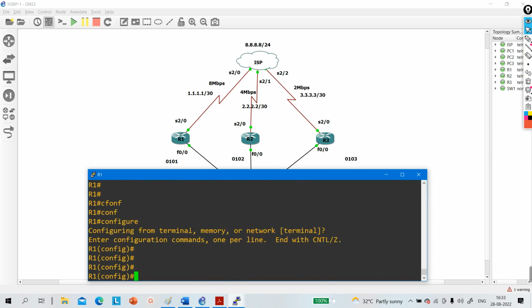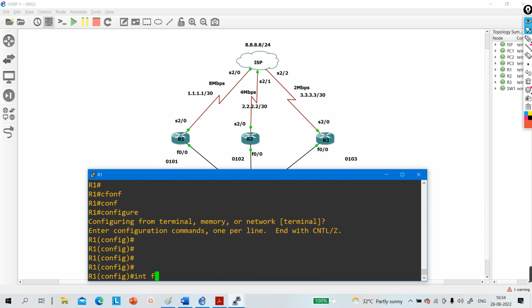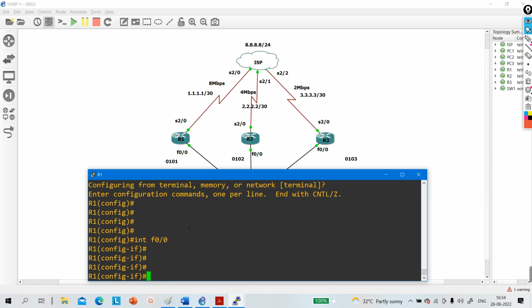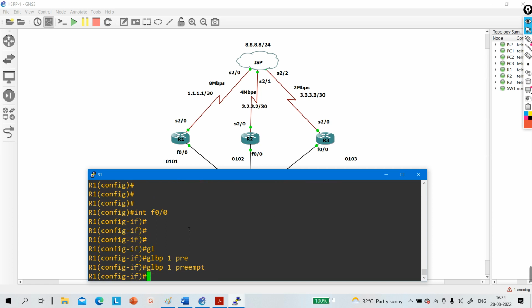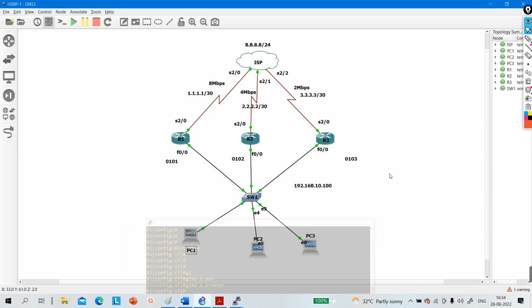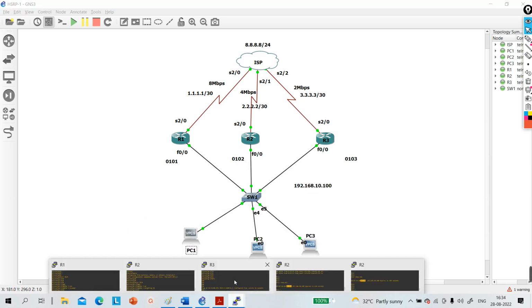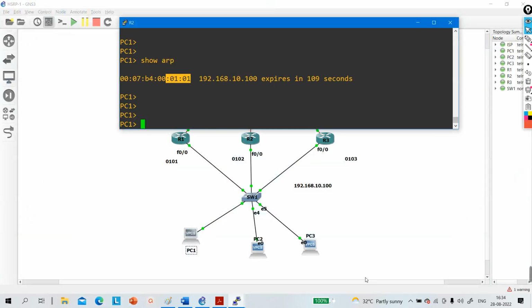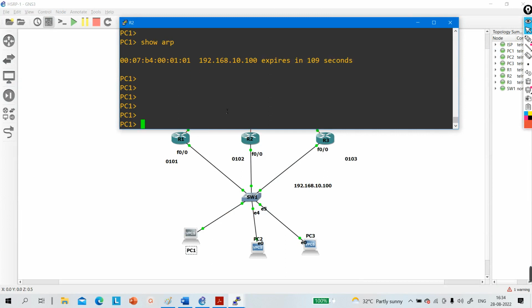There is nothing special: if you want to enable preemption, the command will be glbp group number 1 preempt, right? This is the command to enable preemption. In the same way you can track links, configure authentication, and change timers. Okay, so this is all about the GLBP protocol, right? So go to router number 1, and if you clear ARP,